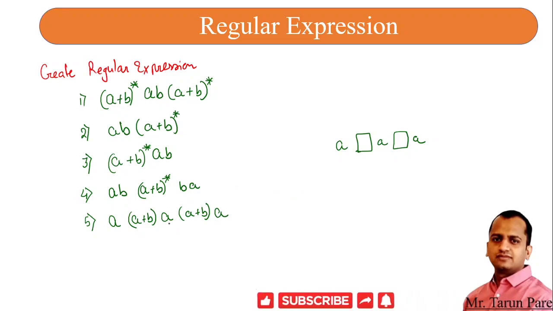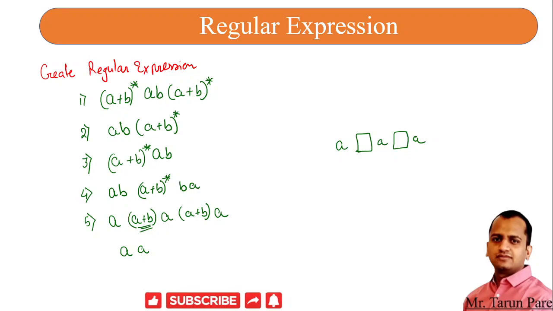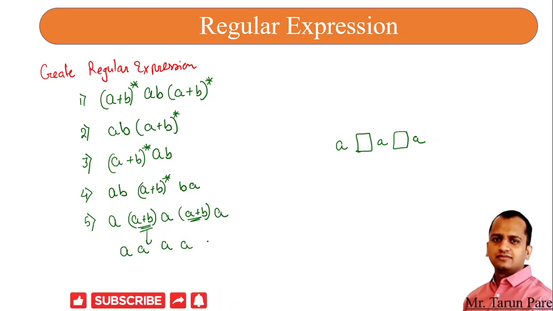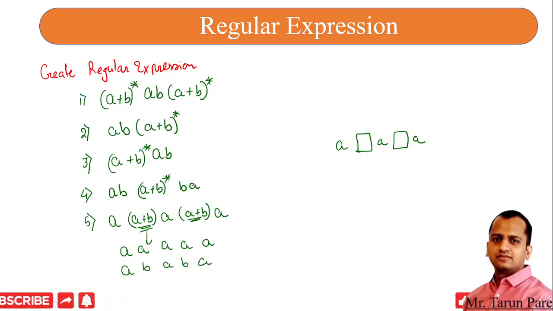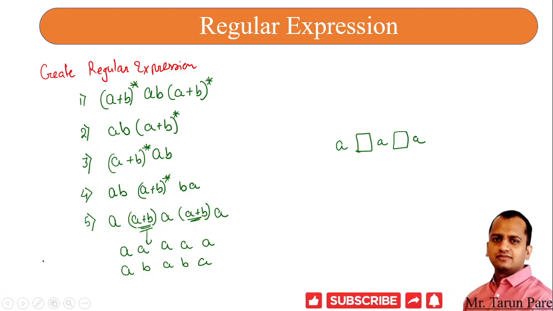So what does it mean? It means that it starts with a, and from (a plus b) you can select one element. If you took a, then it will be aaa. From this you can select either a or b. Now if you want some other element, then it will be ababa. So this is how you can develop a regular expression to pass the string with any combination. Okay, so I think the concept of regular expression is now clear to you. There are too many examples with which we can understand.